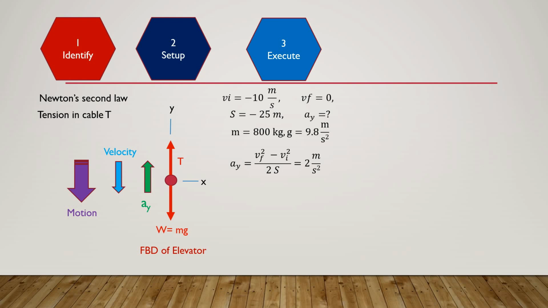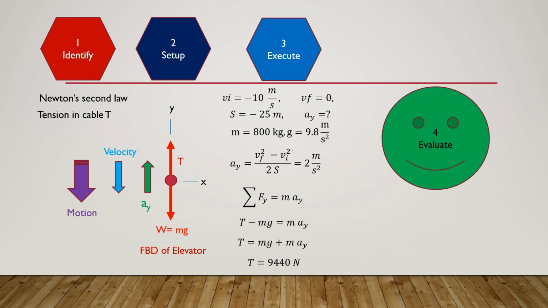Next we will apply Newton's second law in component form. Sigma Fy is equal to may. The net force acting on the elevator is tension T in upward direction, weight W in downward direction. Net force is T minus mg is equal to may. From here we can calculate T is equal to mg plus may. By putting the value of mass, acceleration due to gravity and value of ay, we will get the value of tension as